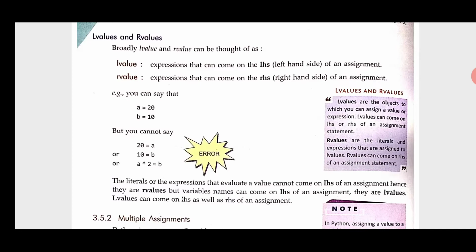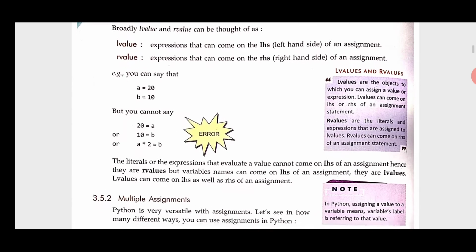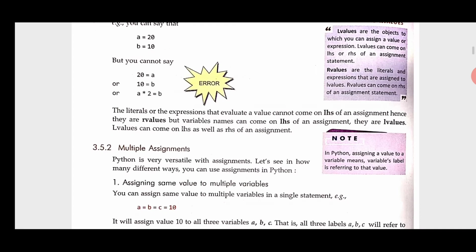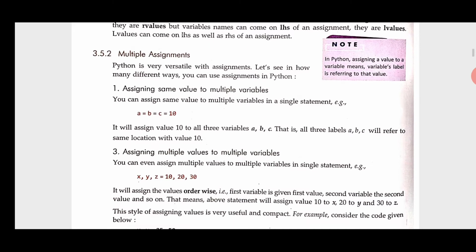For example, you can see A is equal to 20, B is equal to 10. So here we can see left value and right value. Left value is our variable, right value is our value or assigned value inside the variable. But we cannot say 20 is equal to A or 10 is equal to B. This is wrong.